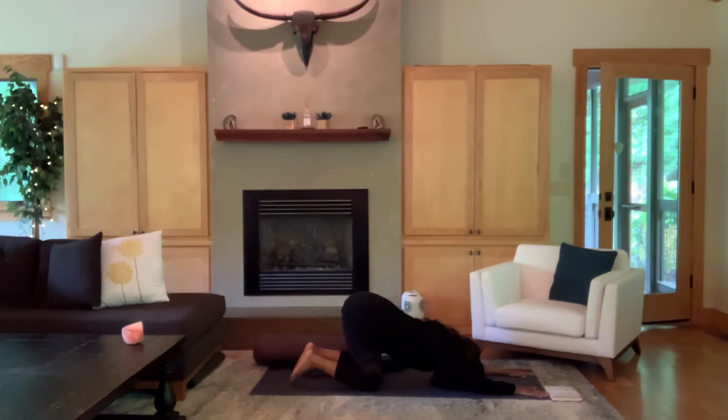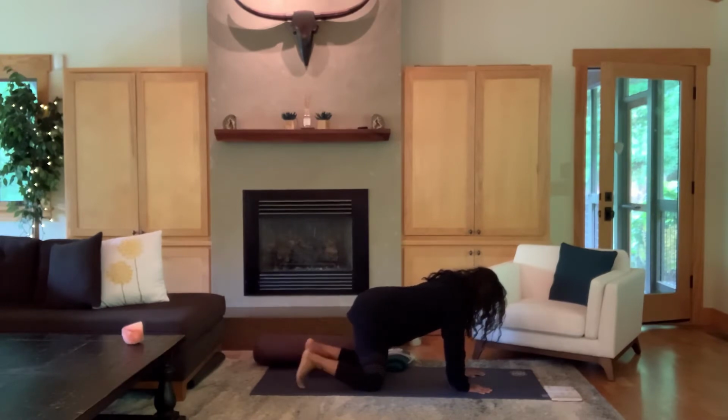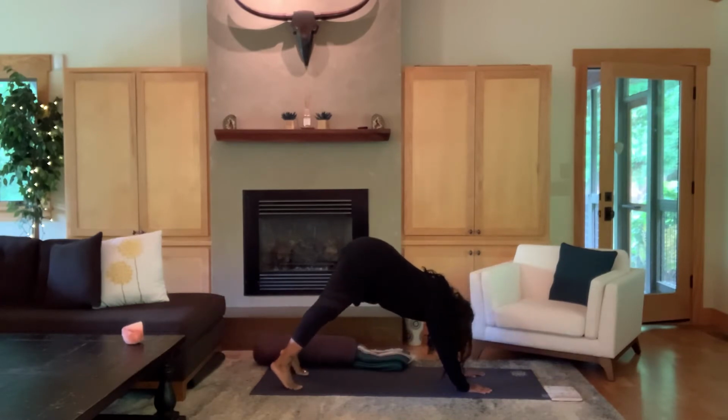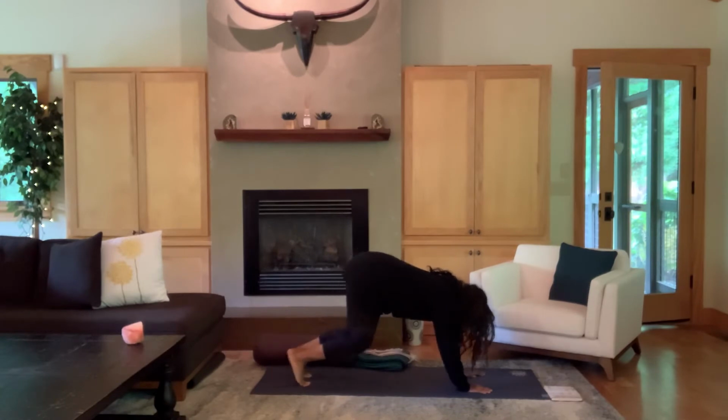And on your next inhale, go ahead and walk those hands back up to tabletop position. And take your toes, tuck them under, and begin to prepare ahead to lift those hips up into downward facing dog. Beautiful. It's the first down dog of the day. So just take your time here. Start to warm up those knees, those calves, those hips, and those thighs. And remember,